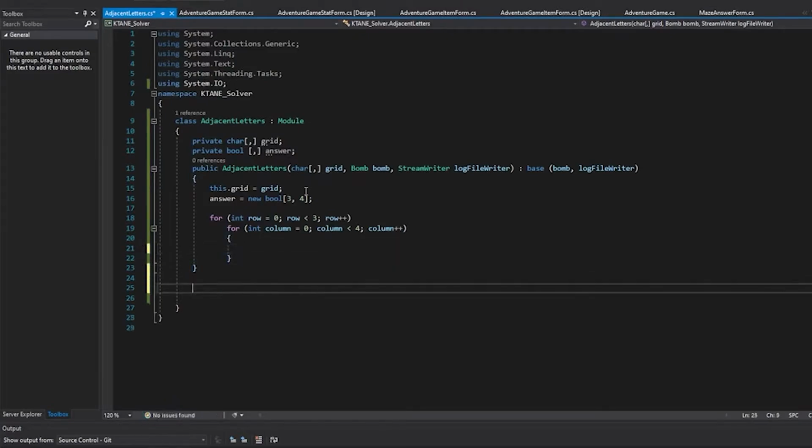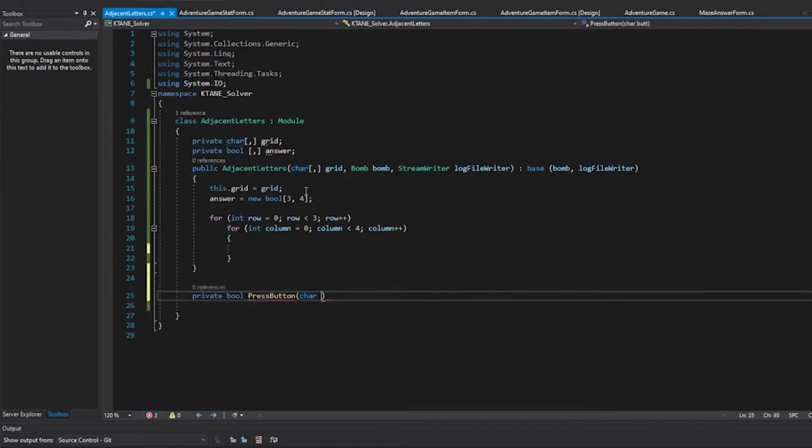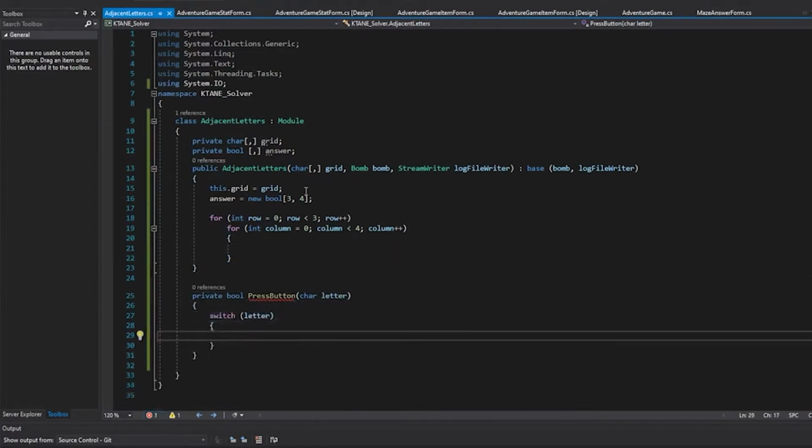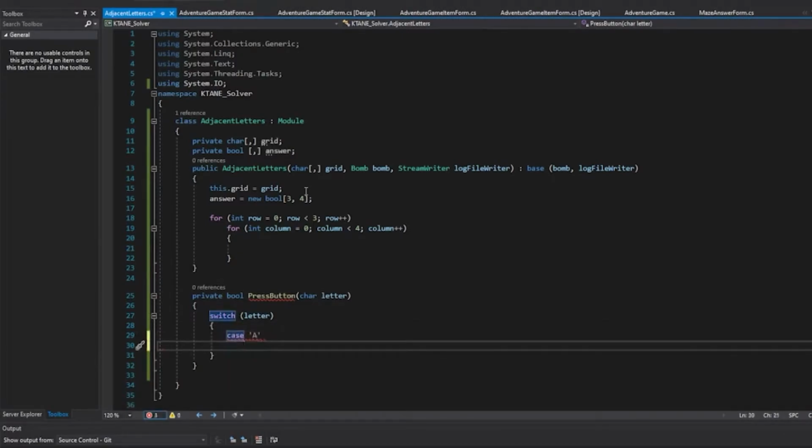I then created 4 methods that tell if the user should press the button given what the letter is, what letters are around it, and what are the letters that will allow this button to be pressed.